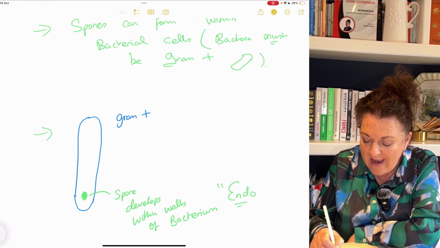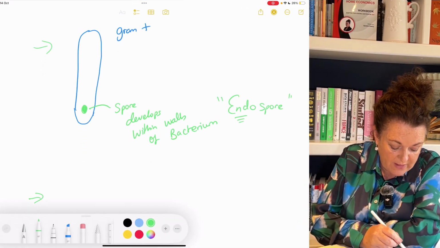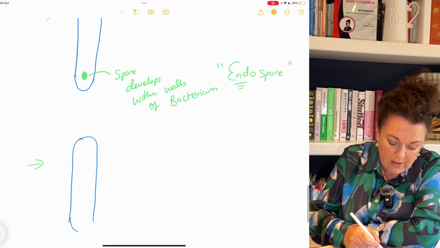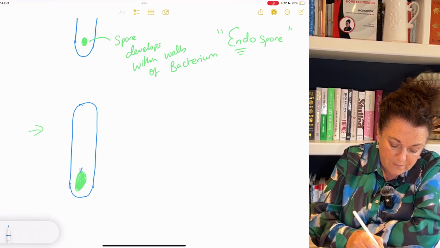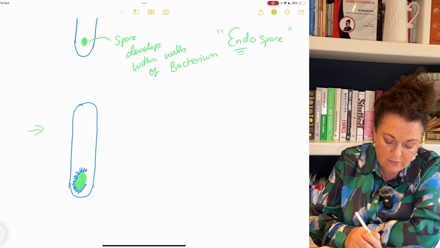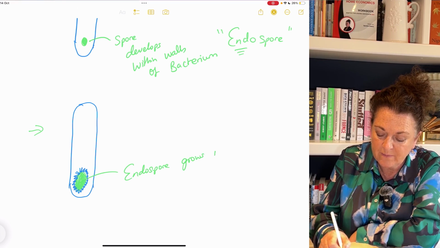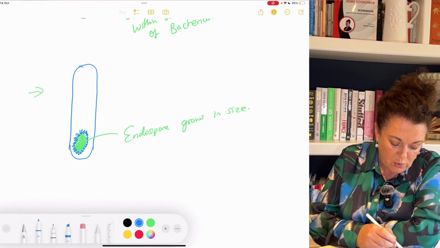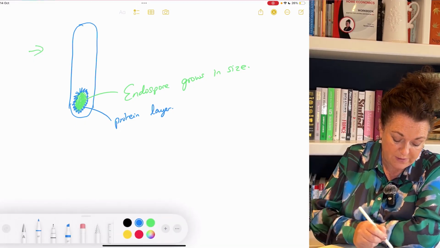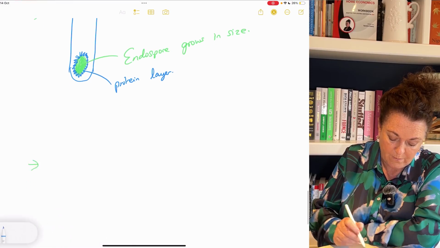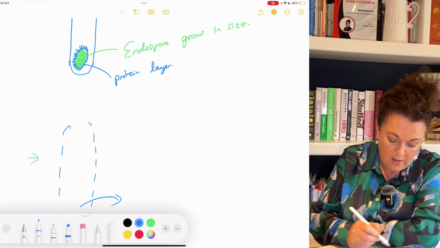And that's why we call it an endospore, because it forms within the actual bacteria itself. And what happens then is the spore gets larger, and then a protein layer forms around it. And so this is our endospore, which grows in size, and this protein layer forms on the outside. And when the spore has fully developed, the walls of the bacterial cell break down, and the spore